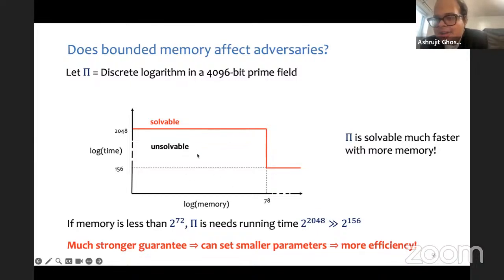But this is a well-studied problem, and when you deploy things, you typically look at the best known attack. So my interpretation is that when you say pi needs a running time, it's under current known attacks. Yeah. Of course, ideally we would want to prove that pi needs running time, but so far we don't really have